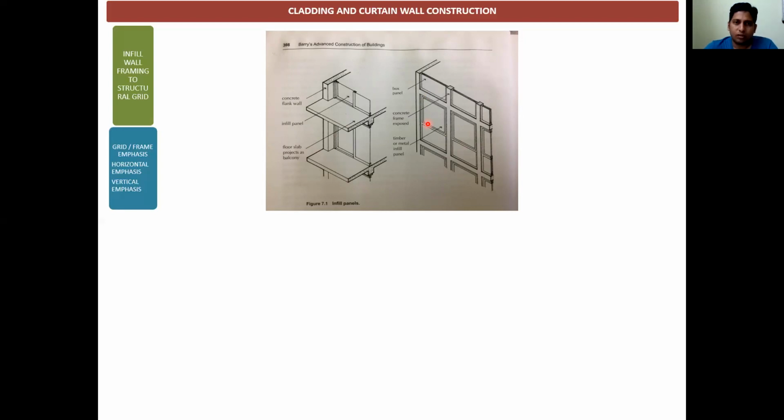In fact, UV-resistant glass panels are also getting used nowadays, but previously it was not. So this kind of maintenance issue, as I specified before, arises.